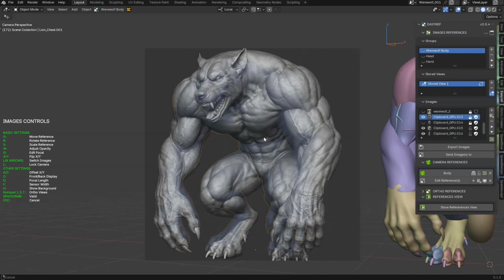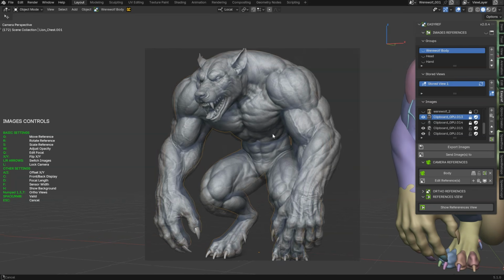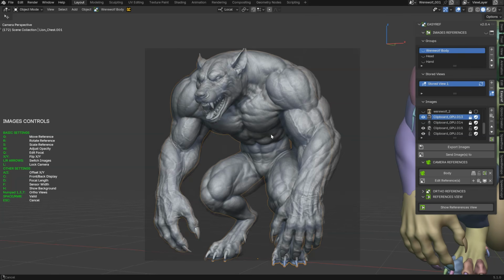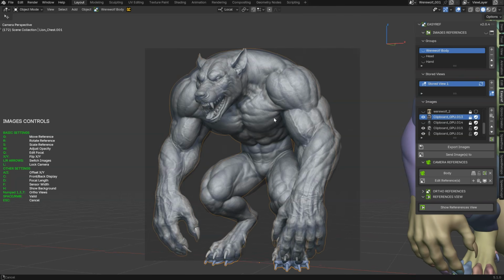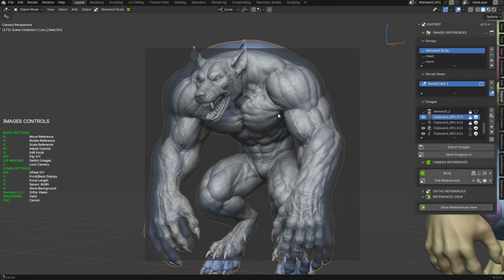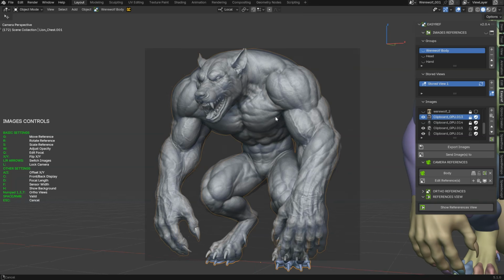And as you can see, bam, I will be able to, let's make it like that. So it's not exactly the same, obviously. I think this is not so bad.